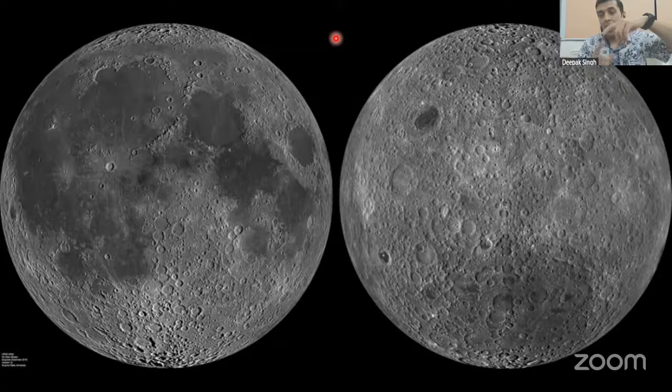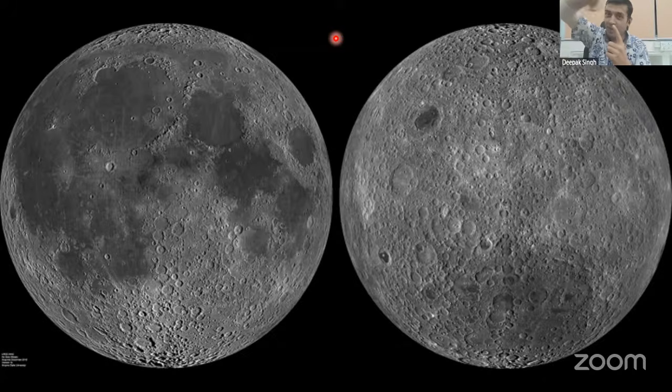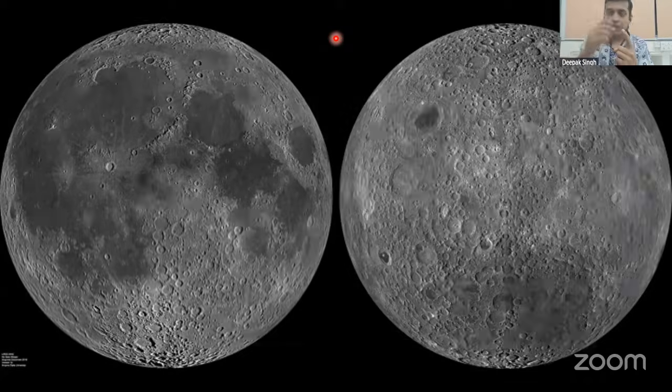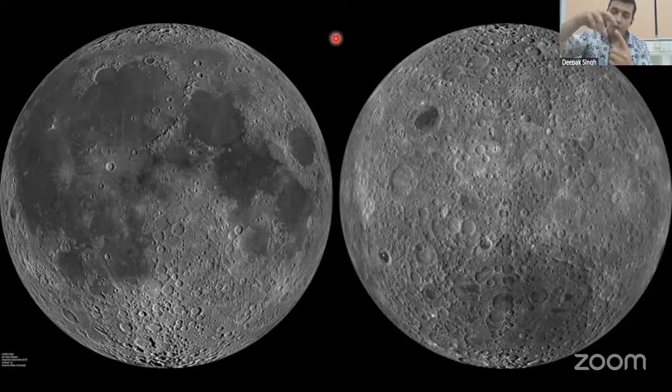It's very slow. But at the same time, the moon takes 28 days to go around the Earth, one revolution, one orbit. So because it is 1:1 synchronization, and it is the case with a lot of moons in our solar system, like Jupiter's moons, they are also synchronized like that. Because of that, one face is always visible to us, and that is what we call the near side of the moon. The right hand side is the far side, and you can see they are very distinct in nature.